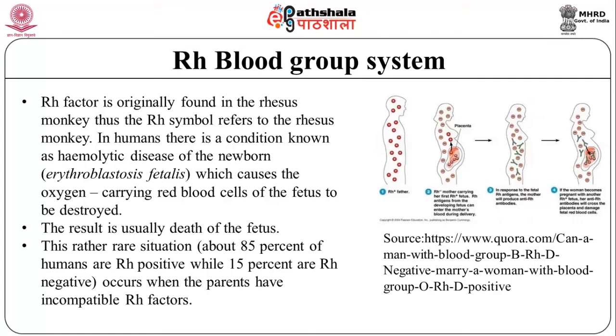parents have incompatible Rh factors. For example, if the mother is Rh negative and the father is Rh positive, then the fetus is Rh positive. The hemolytic disease is due to the reaction of the antibodies stimulated within an Rh negative mother by the Rh positive cells of the fetus. In subsequent pregnancies, these anti-Rh positive antibodies from the mother enter the fetal circulation and destroy the fetal cells, resulting